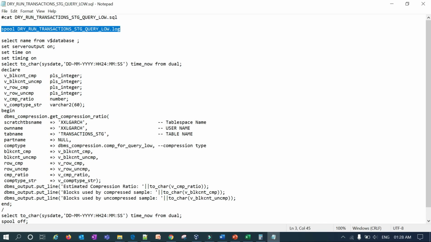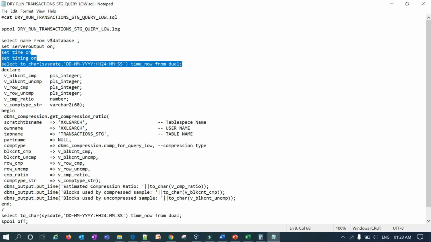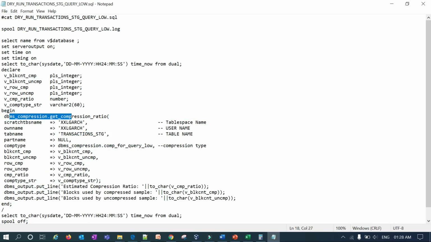I cat this SQL, and then I'm going to generate my log file. It selects the database name, sets the server parameters, declares the parameters, and then takes the parameters. You can see here DBMS_COMPRESSION get compression ratio. It is a dry run, so it will get the stats, it will not do the actual implementation.